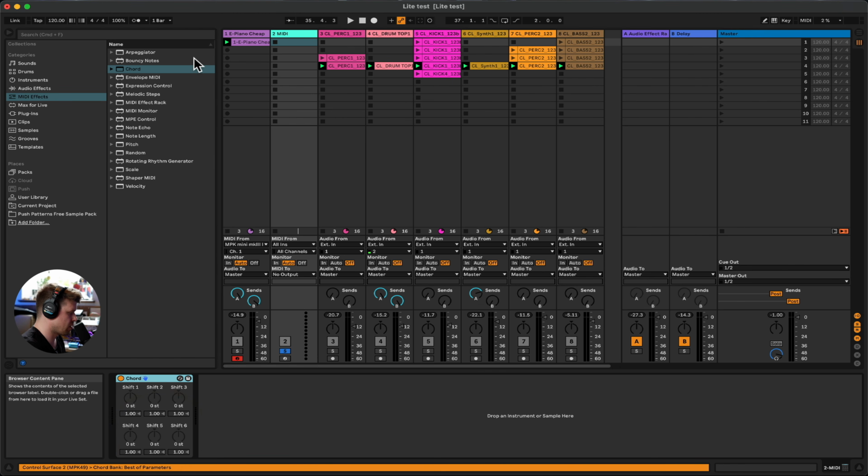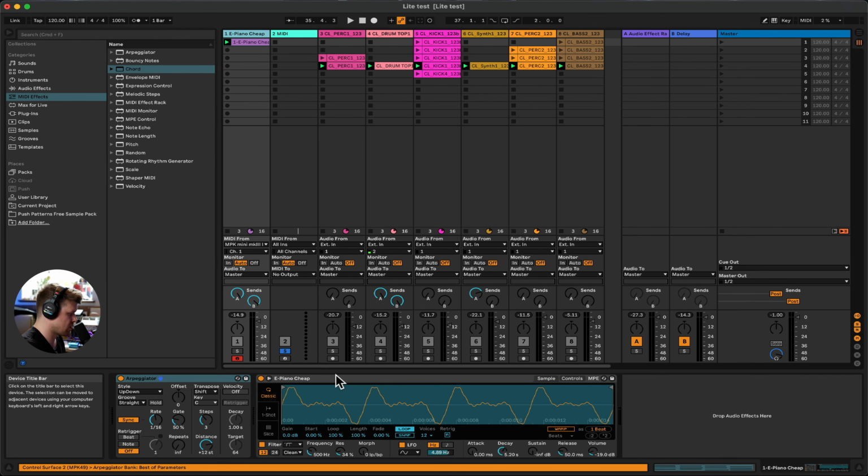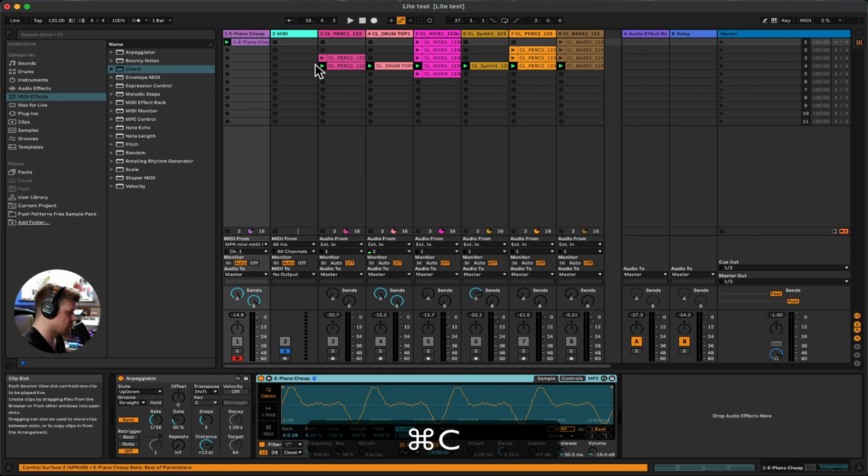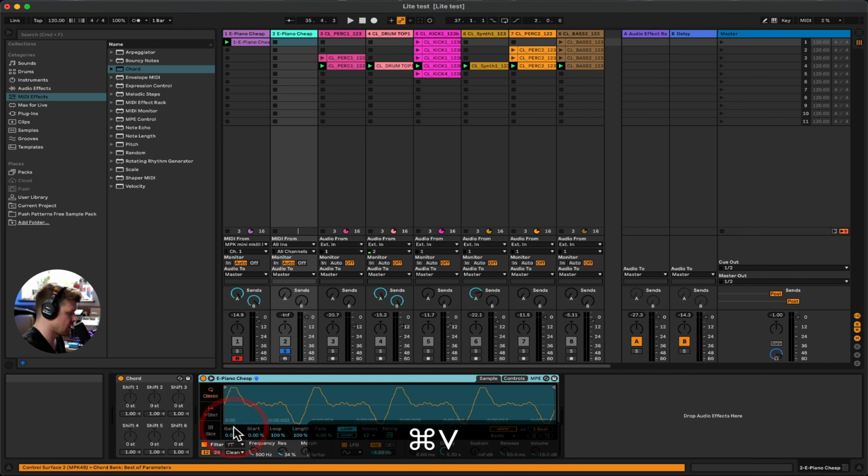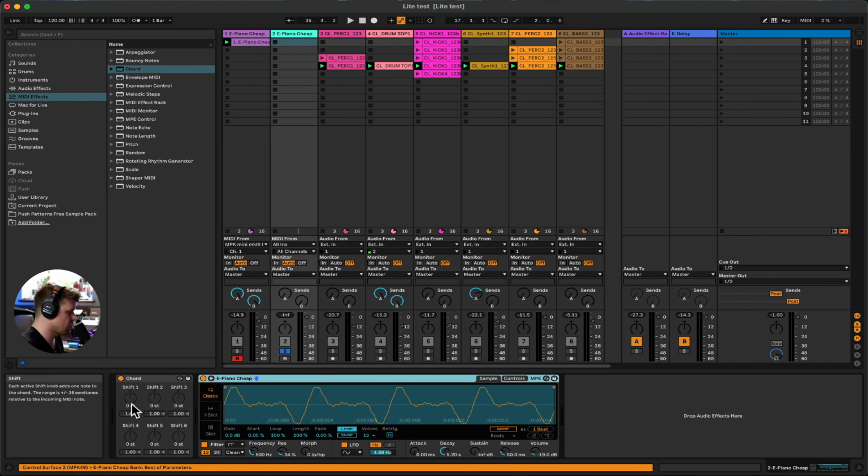And then I'm going to put the same instruments. So can copy instruments across, press paste here. So essentially what this is going to do is it's going to harmonize MIDI notes coming in. So if I press this note here,